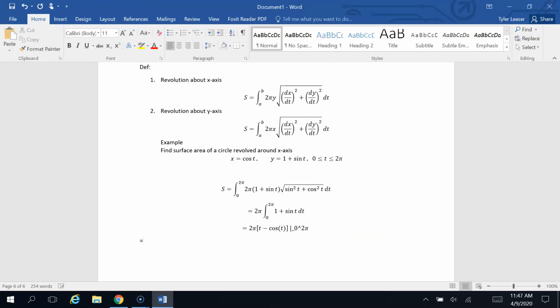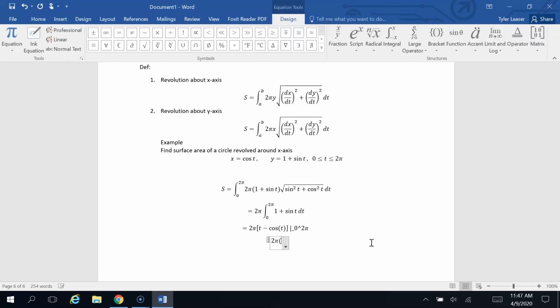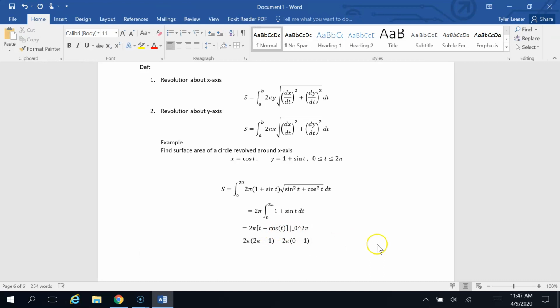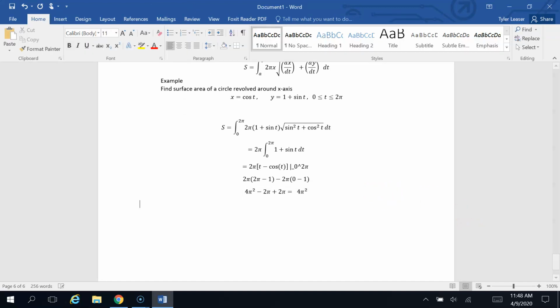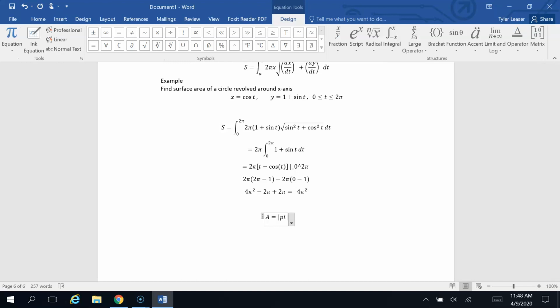Okay, if I plug 2 pi into this, I still have the 2 pi out in front. If I plug 2 pi into the t, I'm going to get another 2 pi. Minus, if I plug 2 pi into cosine, cosine of 2 pi is positive 1. That minus the 2 pi that's out in front, and then plugging 0 in. So that's going to be 0 for the t, minus cosine of 0, which is positive 1. All right, and then just simplifying down, 2 pi distributed into here is going to be 4 pi squared minus 2 pi. And then we're going to have a negative 2 pi times negative 1, so we're going to have a plus 2 pi. And of course, those 2 pi's cancel out, and we just end up with 4 pi squared. Good. And I hope this makes sense to you, because remember, the area of a circle is just pi